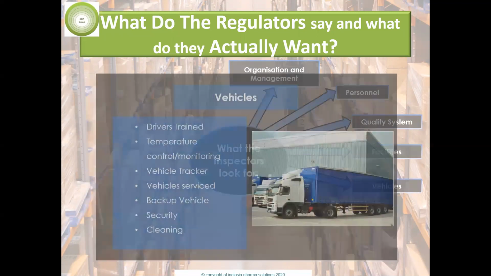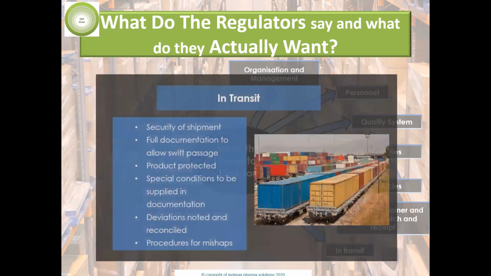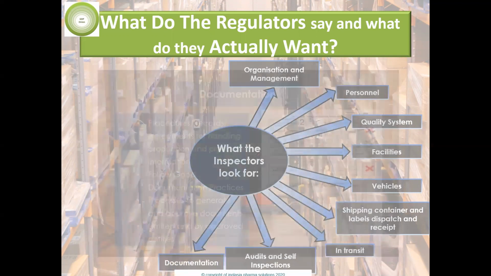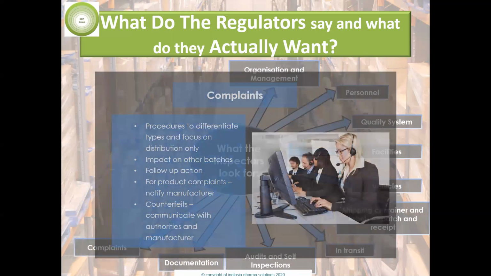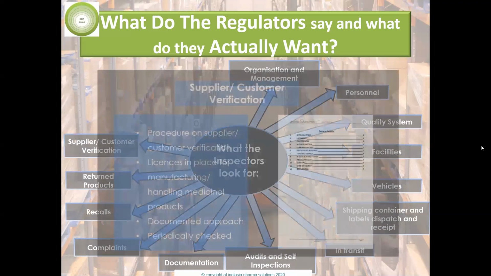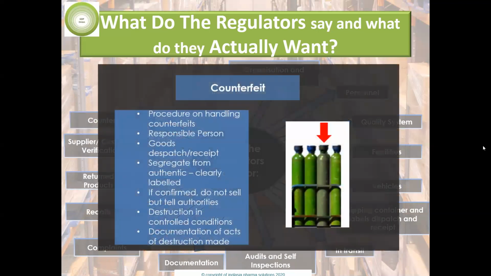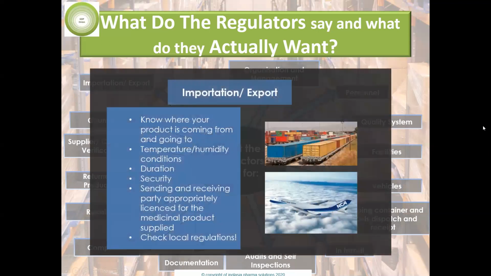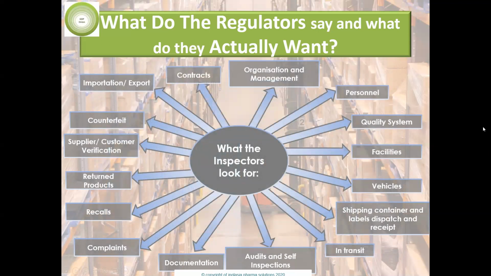So as you can see, the topics that are covered here are organization and management, personnel, quality systems, facilities, vehicles, shipping containers and labels for dispatch and receipt, goods in transit and how they should be handled, audit and self-inspections, documentation and how documents should be kept, complaints handling, how we should handle recalls, returned products, how they should be processed within the warehouse, supplier and customer verifications, which is quite a big topic over recent years, counterfeits and how do we mitigate the risk of that in our supply chain and what is being put in place by the industry,